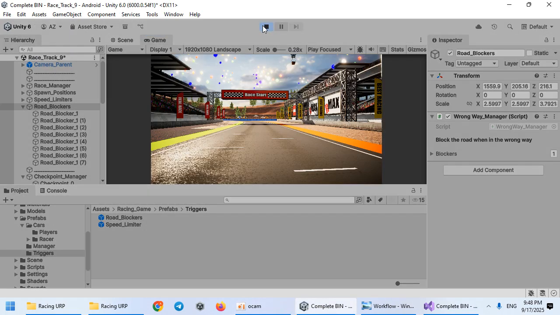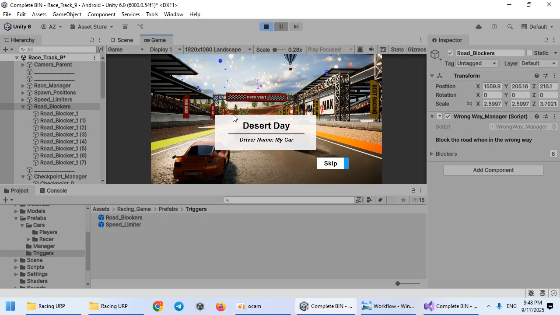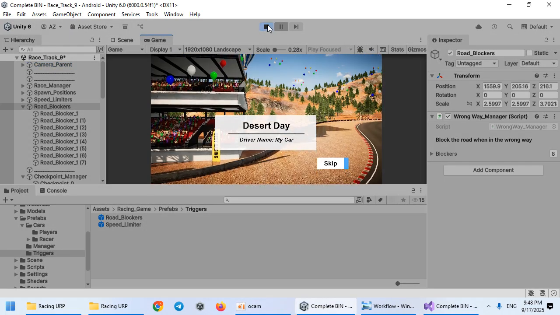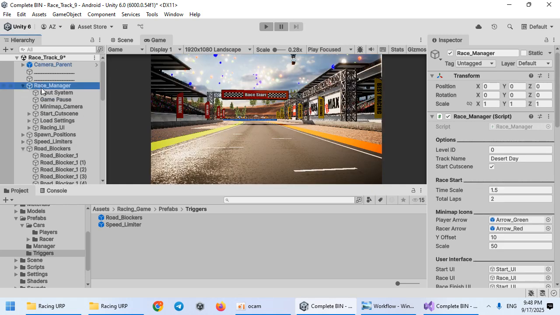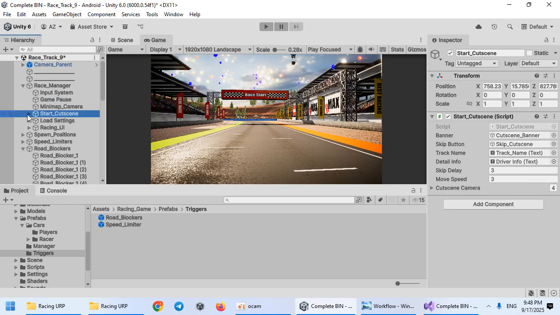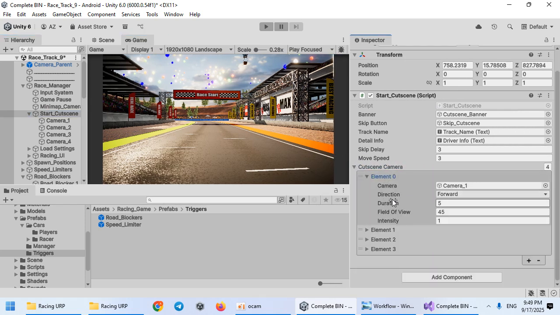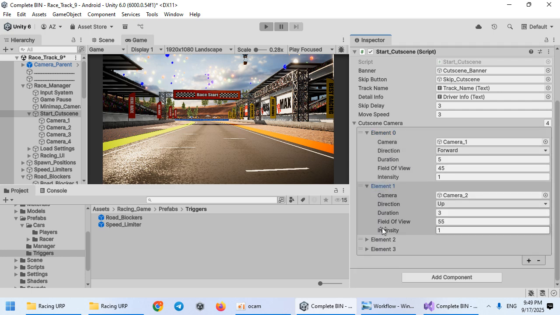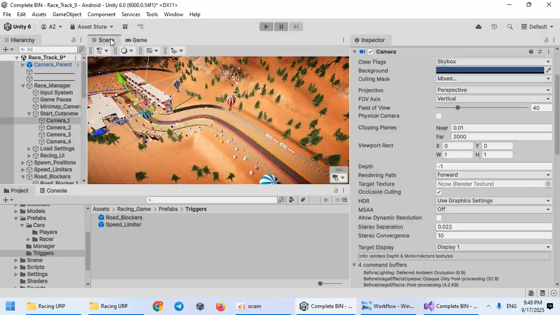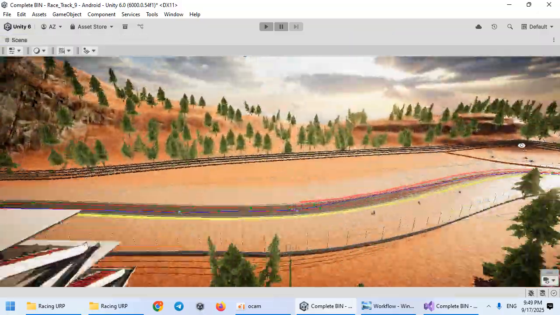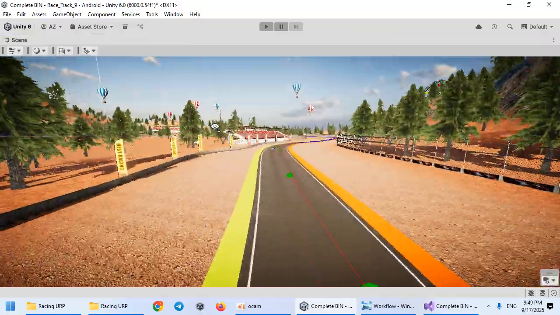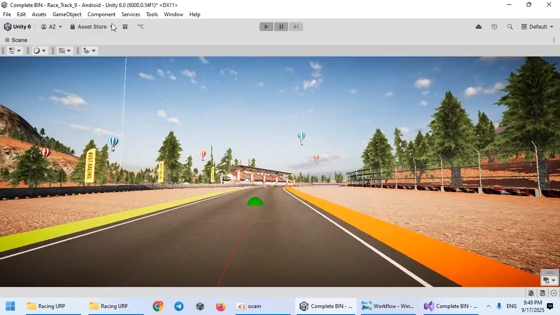Hello everyone, in this video I want to customize the Start Cutscene. Select the Race Manager, Start Cutscene and the camera. The first camera moves forward, this is the settings. Next one up. The first one moves forward. This camera moves forward, you can from here